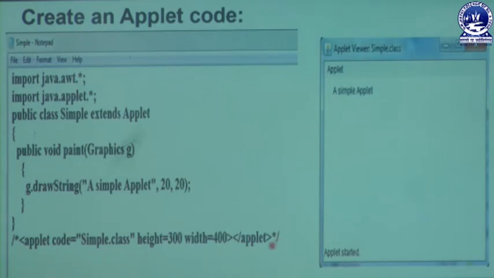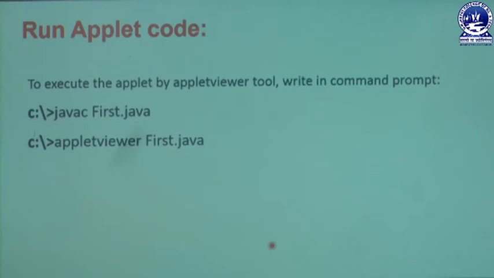But this line is specially interpreted whenever you execute that program through a specific tool named the applet viewer tool. We know that in Java we have lots of tools, which were discussed in our previous slide. Let us focus on it. How to run that applet code? Before going to the execution of applet code, we should know about some tools regarding our Java program, which were already discussed in the previous section, known as the JDK tools.